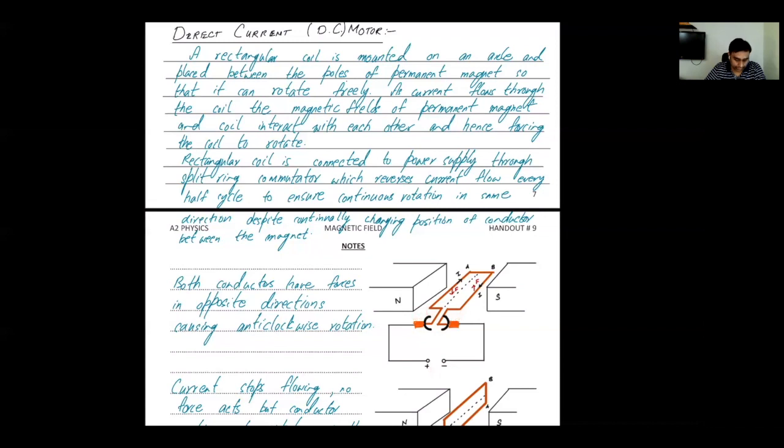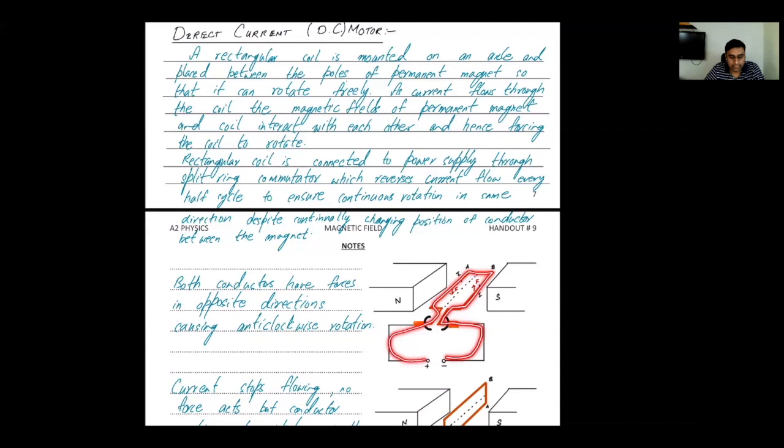Now, when you switch the motor on, you must have an electrical switch connected over here, and with the help of that electrical switch, if you switch the motor on, the current would start flowing through the coil. So if you look at the path of the current flow, it's going to flow like this, move into conductor A, move out of conductor B, and with the help of the other split ring and carbon brush, it goes to the other end of the power supply. That is how it completes its path.